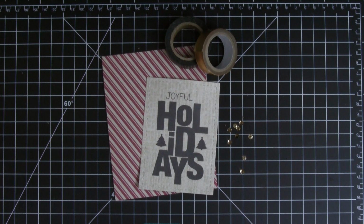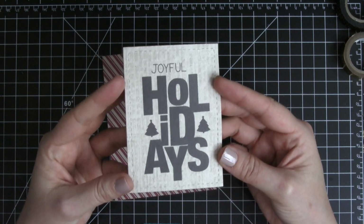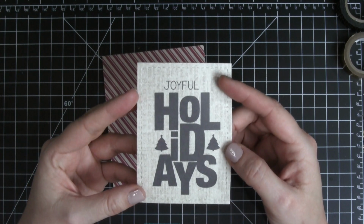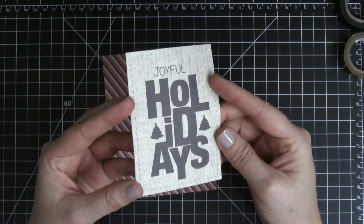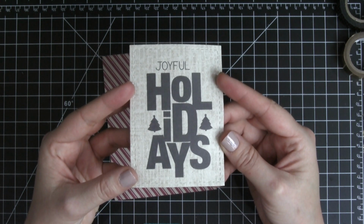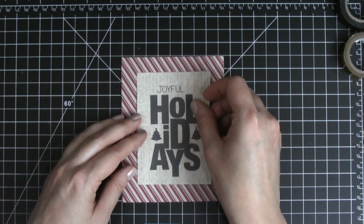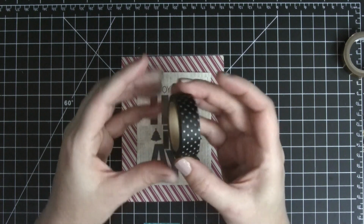I have all my supplies ready to go for these really easy cards, just some pattern paper and washi tape and some sequins just for accents. I have my card base all set to go, just covered in some fun striped pattern paper. Then I stamped my sentiment, the big bold words with an accent of joyful and the little happy tree that comes in the set, and that's also on some subtle pattern paper,